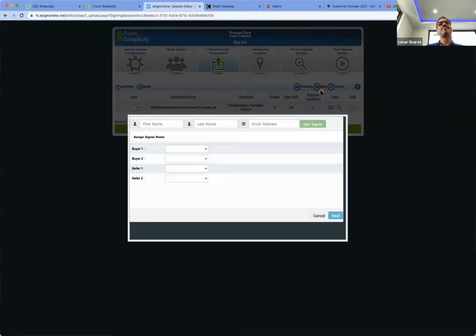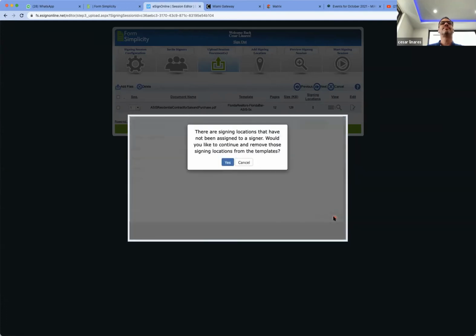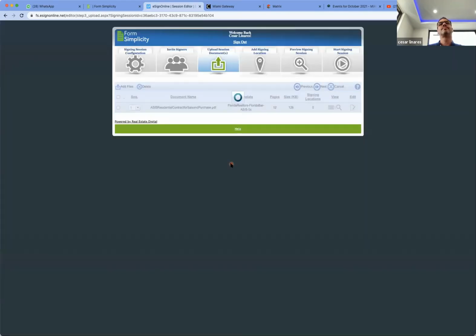So it's thinking, here you select who's the buyer, you know. And now the system, because it recognizes this document, right? It knows that it has 12 pages and it has 14 signing locations. Okay, so the system's going to automatically